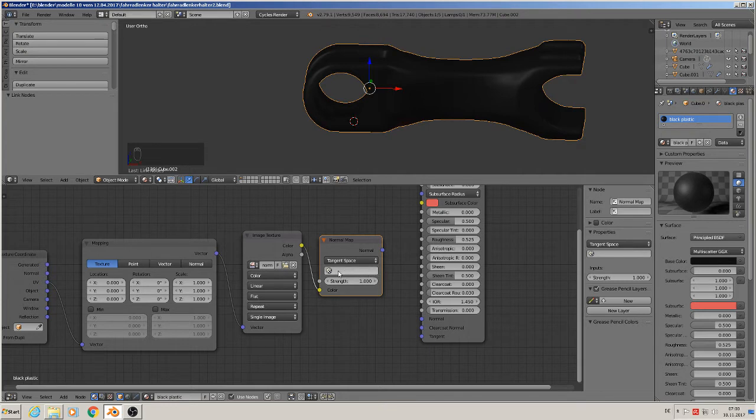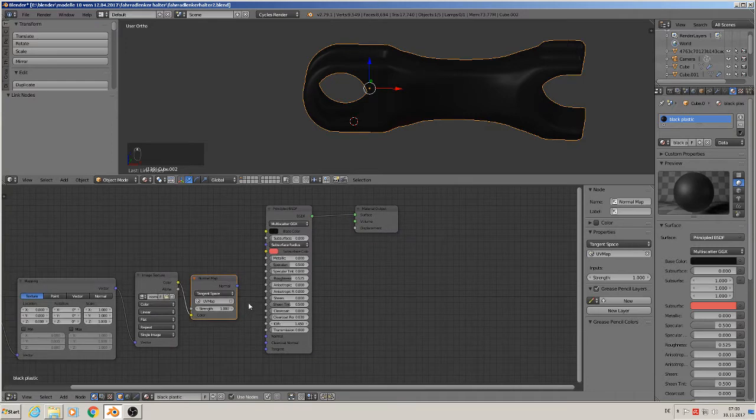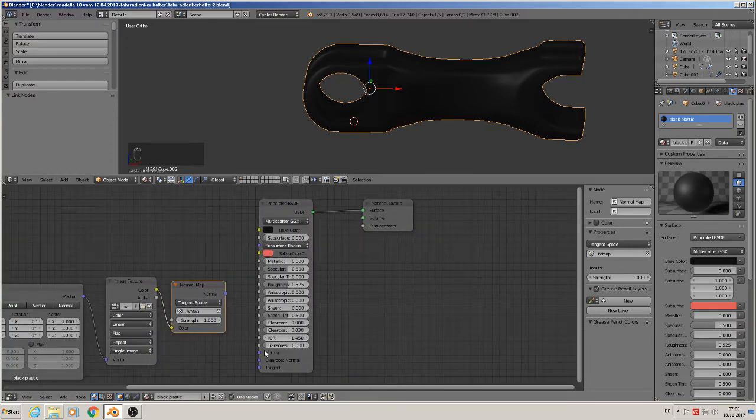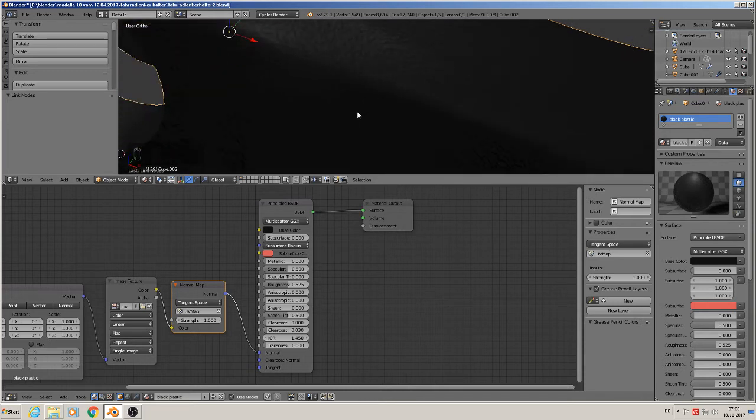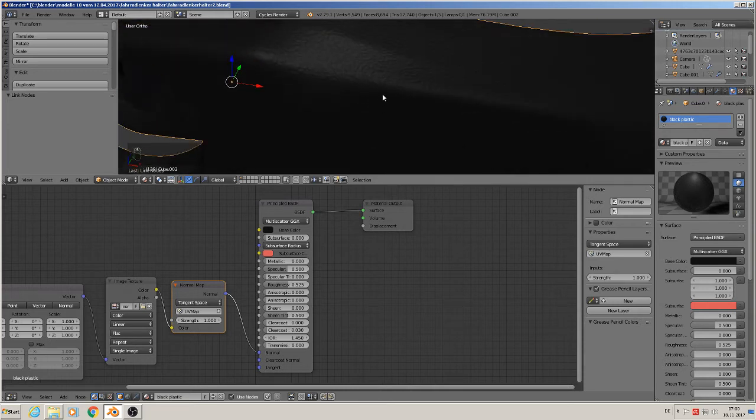Plug them there, connect yellow with yellow, then you have here a field that is our UV map that we made here by unwrapping, and now we have to connect the principled shader that has a normal, and that has a normal, so we connect, same color, bang. Now you see we have this 3D effect on it, but it's a little bit rough,